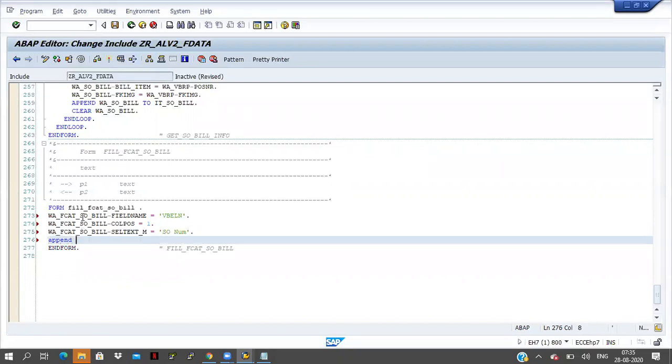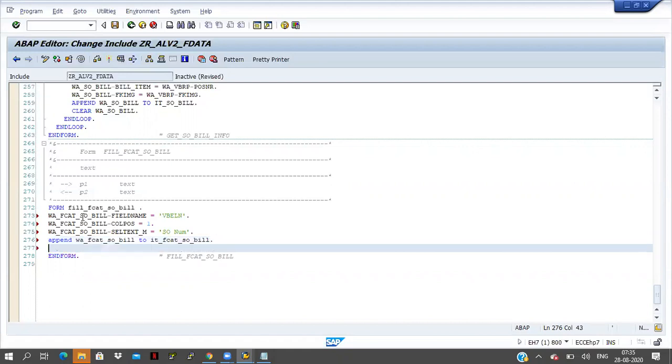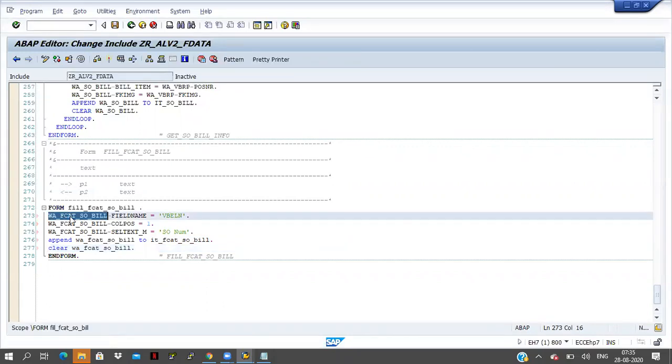Okay, now append work area fcat so underscore bill to it fcat underscore so underscore bill, and clear work area fcat underscore so underscore bill. So now I will declare this work area fcat as bill.